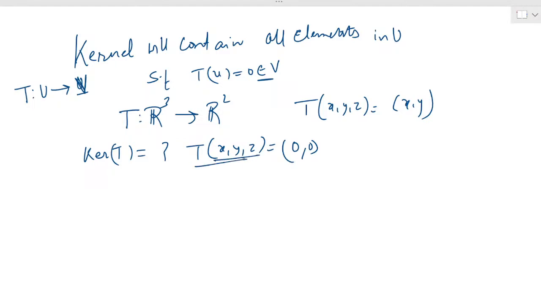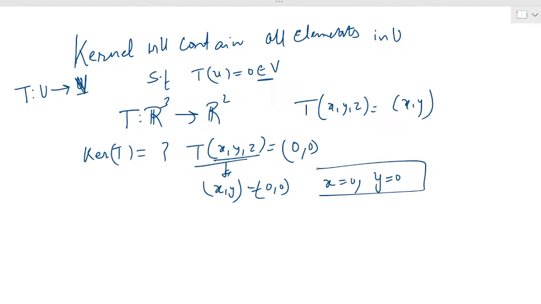Okay. And what is T(x, y, z)? This is nothing but x comma y. So (x, y) becomes (0, 0). That implies x should be equal to 0 and y should be equal to 0. So the kernel